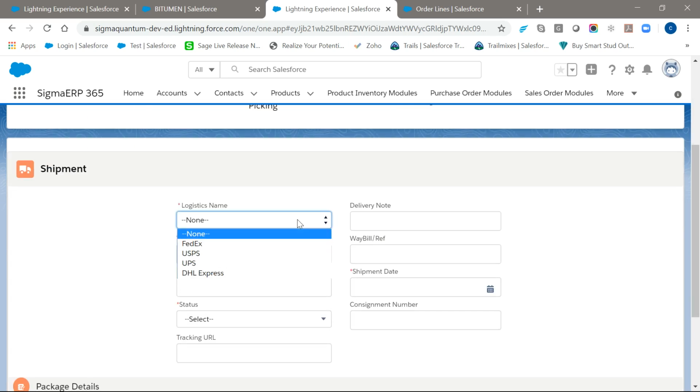After the shipment is created and we push the details of the shipment to AfterShip, we will have the tracking URL from AfterShip, which is updated over here, and via this we can track the actual status of the shipment.